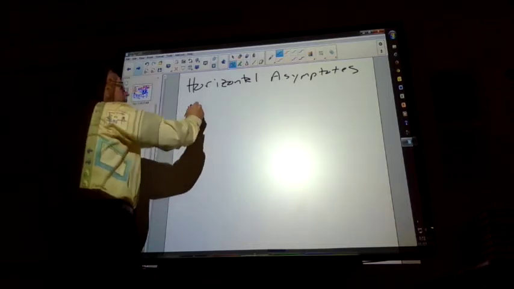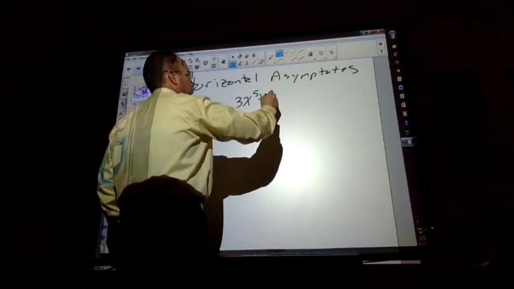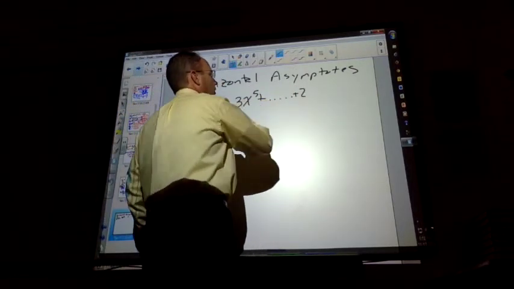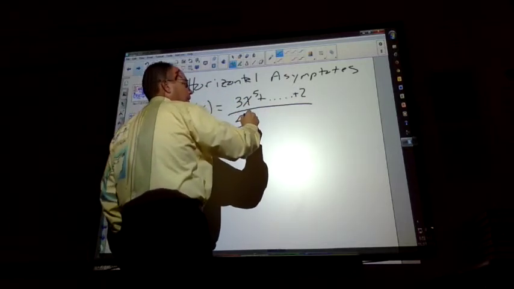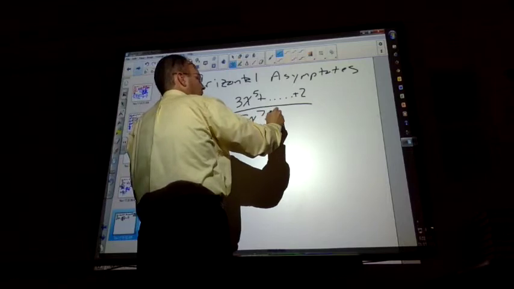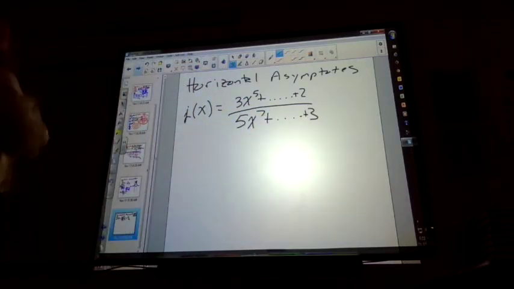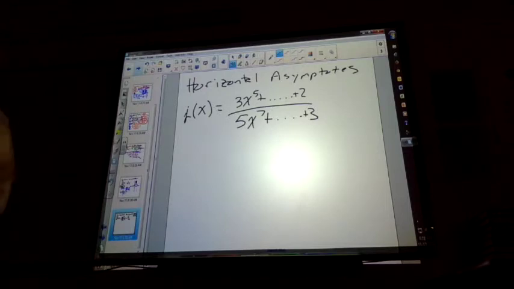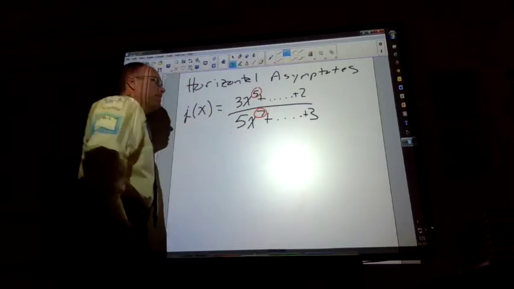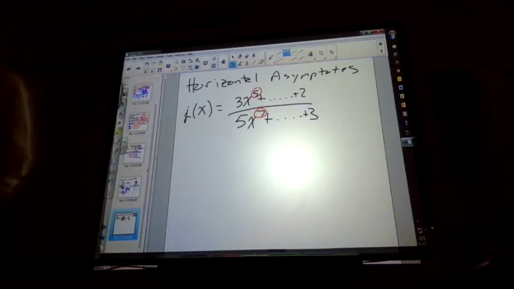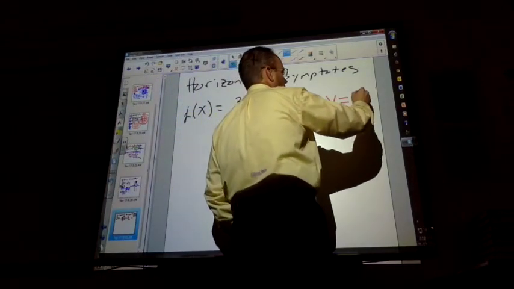So let's say I had this function: f(x) = (3x^5 + 2)/(5x^7 + 3). You have 2 really big polynomials, one over the other. You look at the highest exponent on top and the highest exponent on bottom. If the top is a lesser number, then your horizontal asymptote is y = 0,